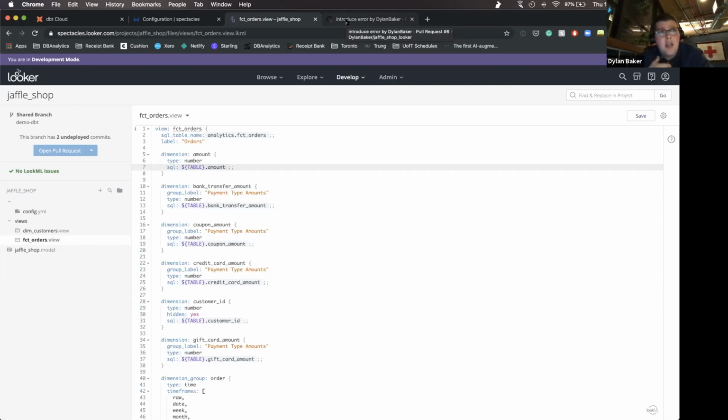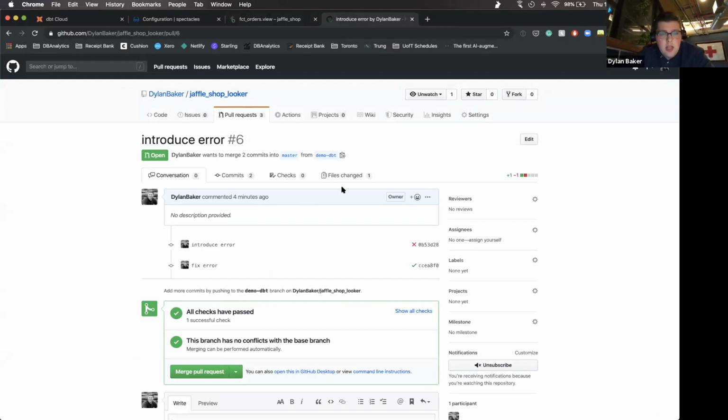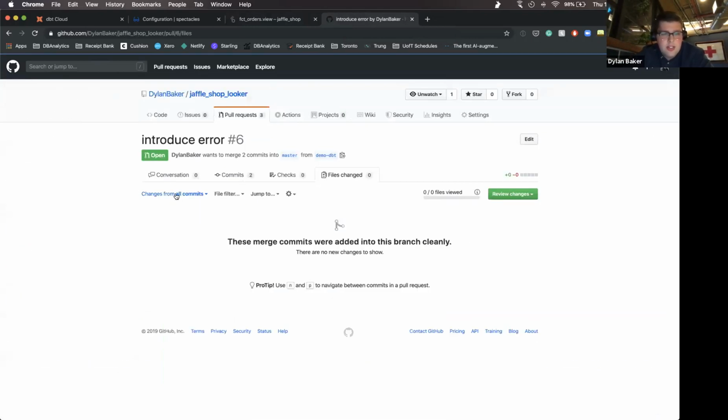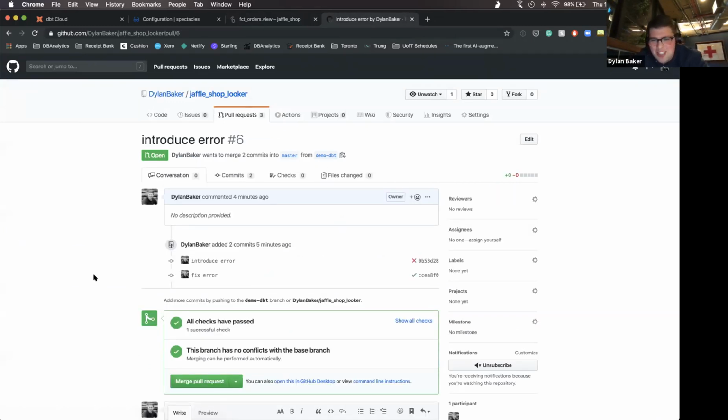Part of it is that we want to make this really accessible to the power users of Looker, and I think a lot of those people may not be familiar with CircleCI some of the time, or Docker, or all those things. So making that as easy as possible for those end users is something we're thinking about a lot. That would be done now, and presumably, refresh. Yeah, there are now no changes, because I introduced a change and reverted that change. We obviously wouldn't merge this in, but that's the flow that we see happening with Spectacles.